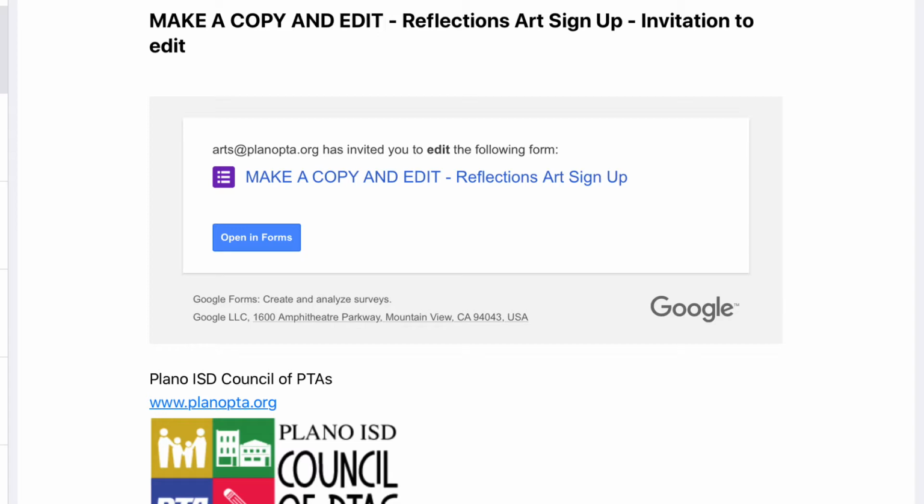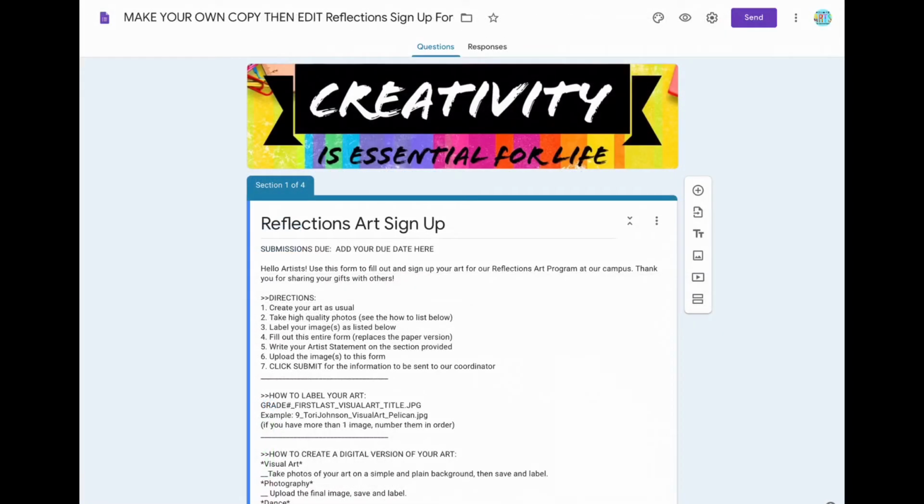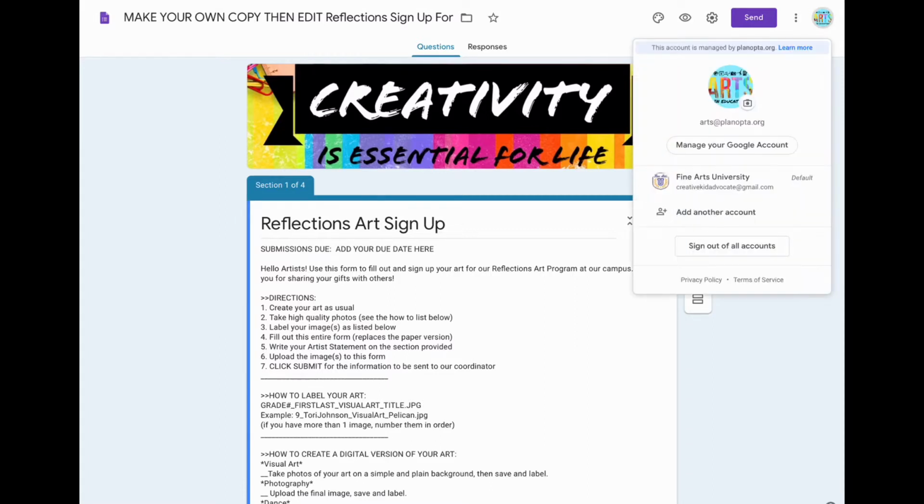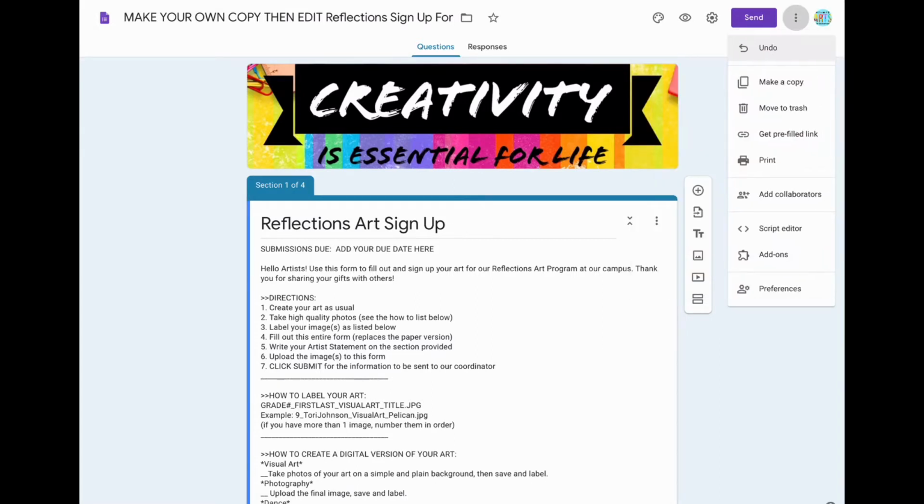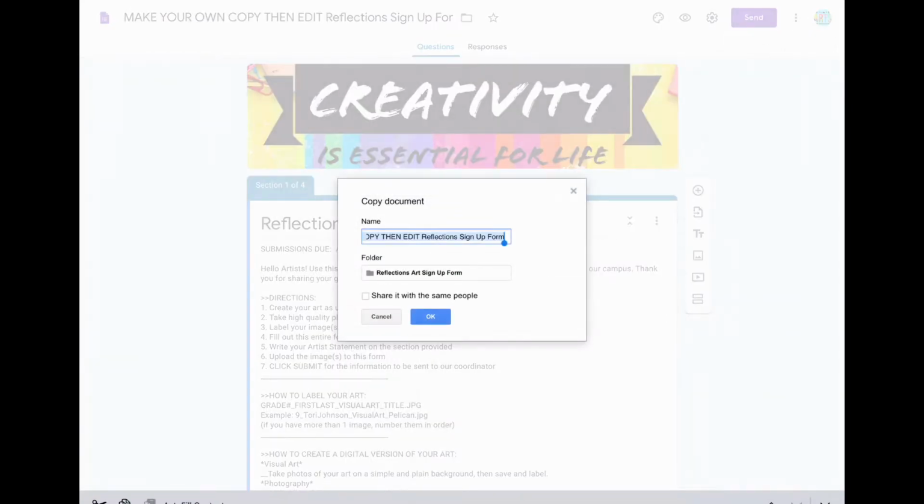So I've sent this to myself so you can see from your perspective what it's going to look like. So now that I've opened it up, the first thing I want to do is make sure that we're in the right account. So we'll click in the right hand corner where the circle is, and we'll double check our account. Looks like the right account to me. After checking our account, we want to make sure that we make a copy first, just like the instructions say. So click the three dots, click on make a copy, and now it tells us make your own copy, then